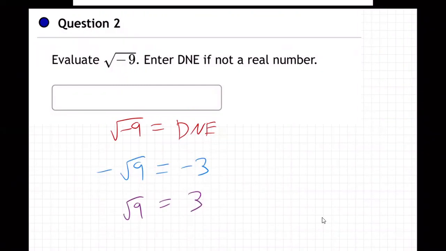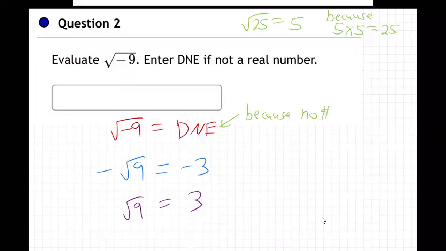So basically, the deal is a square root asks the question, what times itself is this thing? And so if I did the square root of 25, for example, what times itself is 25? Well, 5, because 5 times 5 is 25. Well, that's why this one's DNE here, because